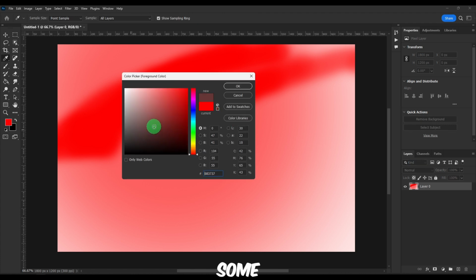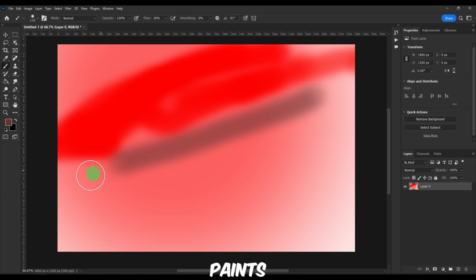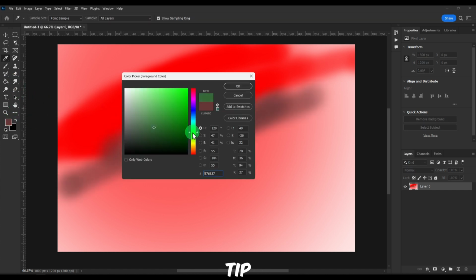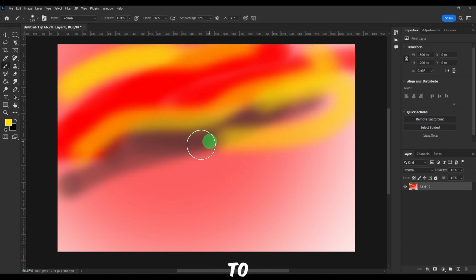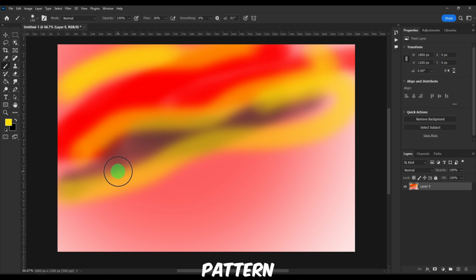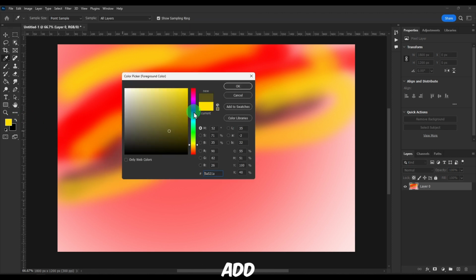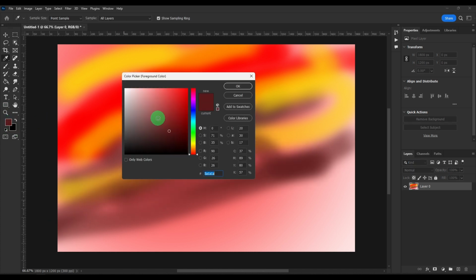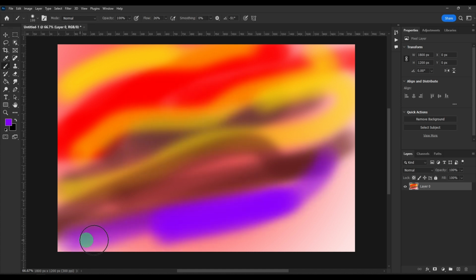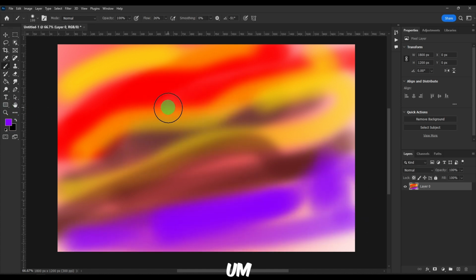Just add some random brush paints on your canvas here. That's the first step, so please do so. You don't have to follow any pattern, any model. Just add some paint brushes. Okay, and